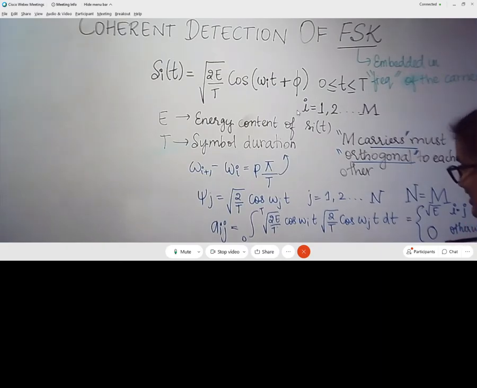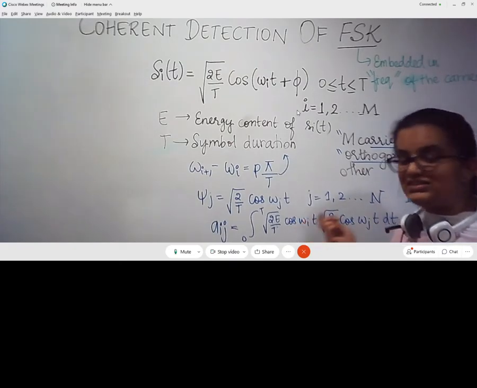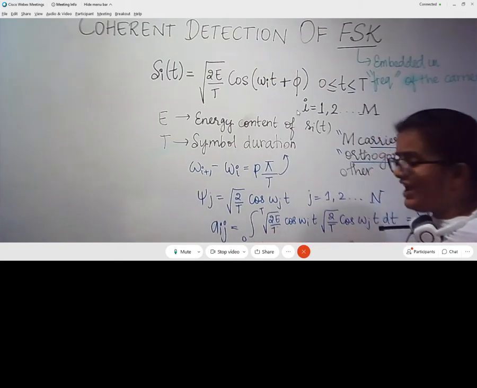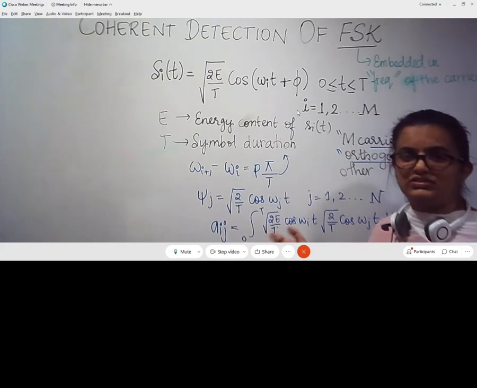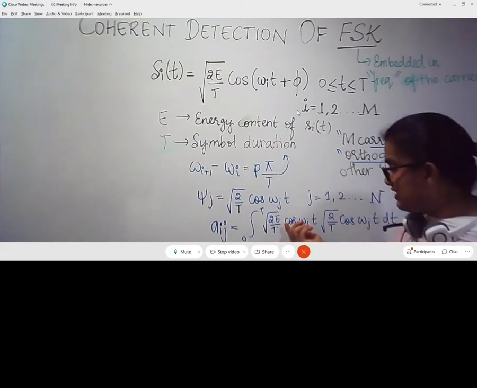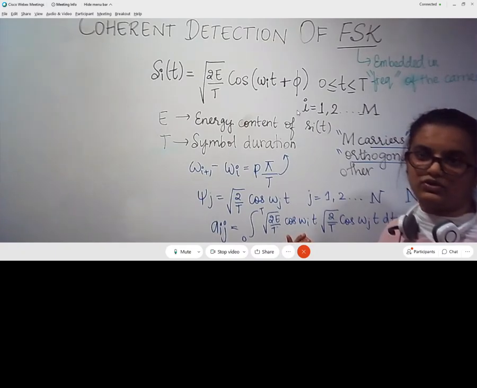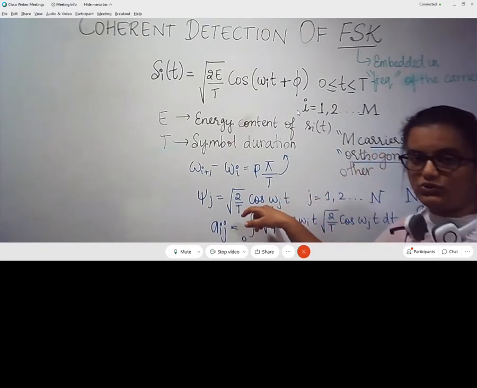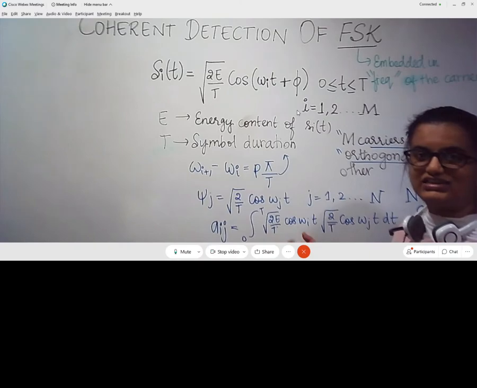Now, this idea or this method will help us in effectively identifying the symbols which are transmitted by making use of FSK. Why? Because whenever I talk about omega i, the received signal should also have the same frequency with the same phase to be identified as that particular symbol. So I can easily distinguish the symbols just by looking at the frequency itself. If the criteria is such that this omega i, omega j that I am using are orthogonal to each other, then I can easily identify a symbol by just looking at its frequency.